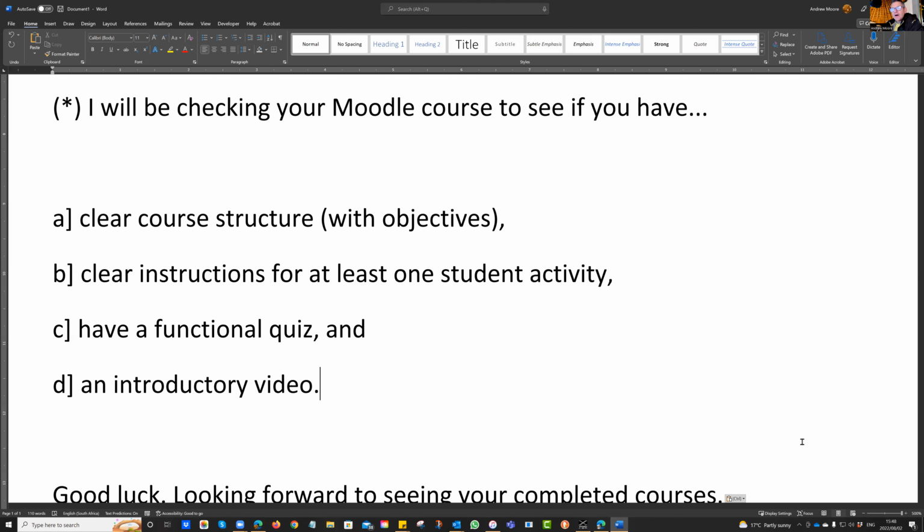And then I want to see the quiz. We had a whole session on assessment. We talked of formative and summative assessment. And then we said there's a whole load of different tools you can use. You can use the quiz, you can use the assignment tool, etc. But I want to see, have you mastered the quiz? Have you used a number of different question types? Does it work? Does it have a marking system so that when it's finished, it can supply the mark, you got X marks, and so on?